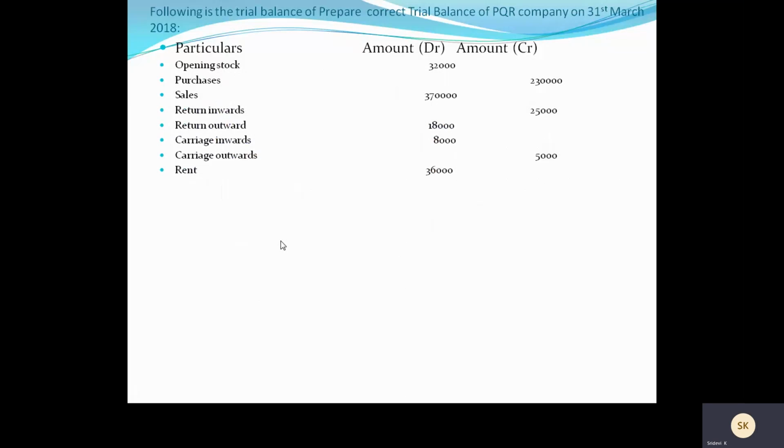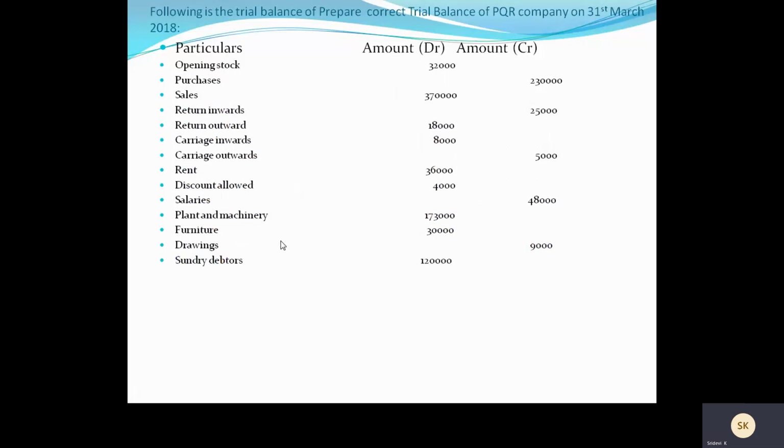If it is not the same, we can say that somewhere some mistake is there. Sometimes some items may be missing, so we need to identify that. Even though we have written properly which items are related with the debit amount column and credit amount column, sometimes the total of the debit column and the credit column of the trial balance will not match.